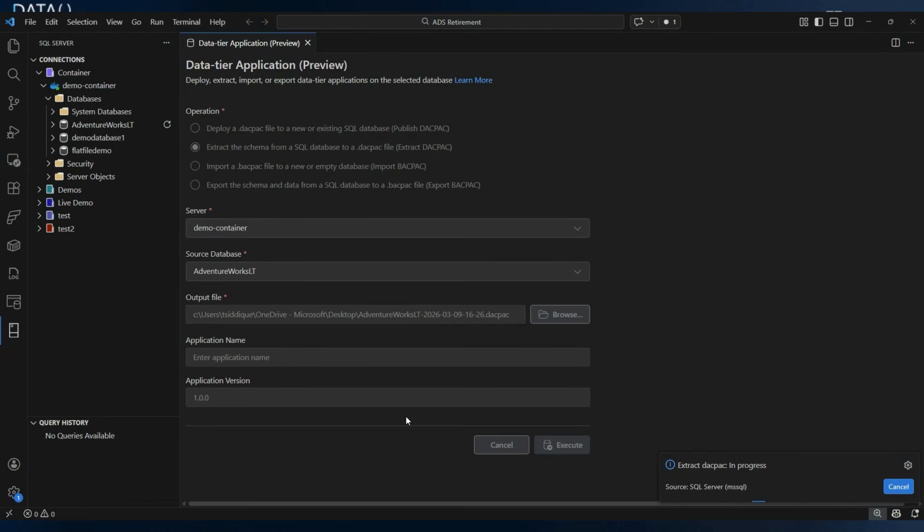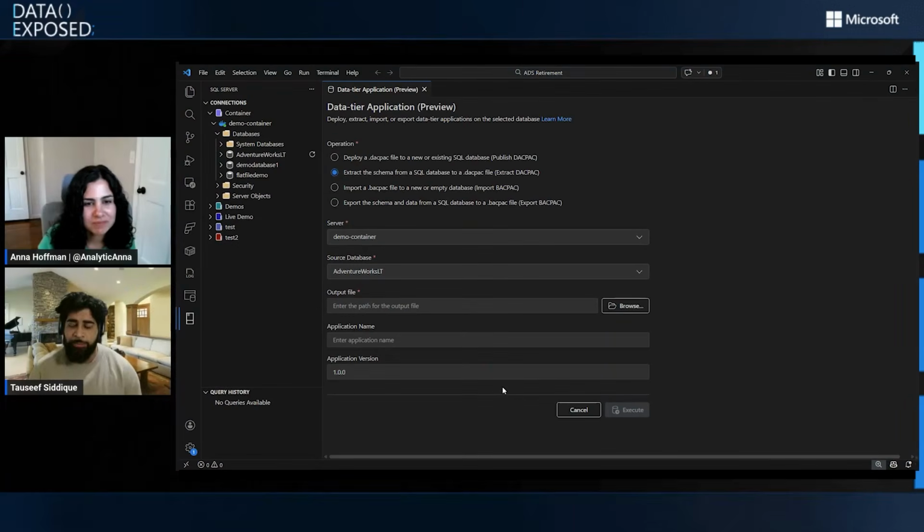Nice. While it's extracting, I think the cool thing to call out here is you can do your deploy, extract, import, export from SQL Server to SQL Server. Well, I guess not to. Yeah, no, to SQL Server from Azure SQL Database, Fabric SQL, all of them, right? Yeah, I called it out before. Okay, so now that it's successfully extracted my DACPAC from my database, I'm going to go ahead and